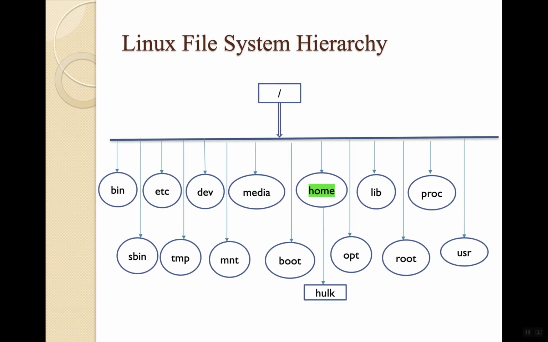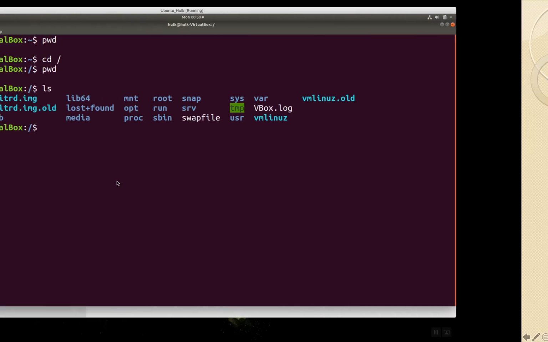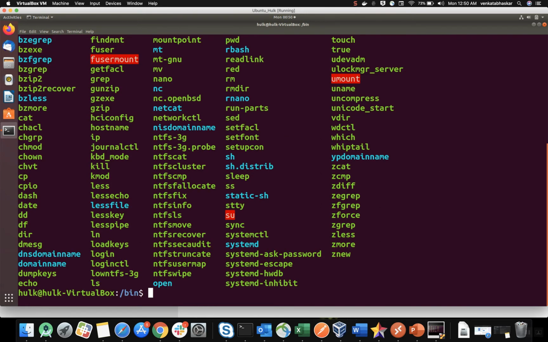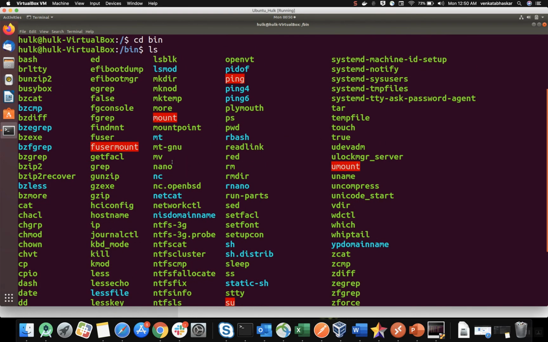As per the PPT, which directory is first? The bin folder, right? Here there is a bin folder. Now I want to navigate inside bin. Just do an ls command. You see a list of commands, all of which are executable files. For example, nano is one of the editors. If you want to zip any files, we can use gzip. If you want to create or display some content, this is the cat command. These are all the Unix binary executable commands.